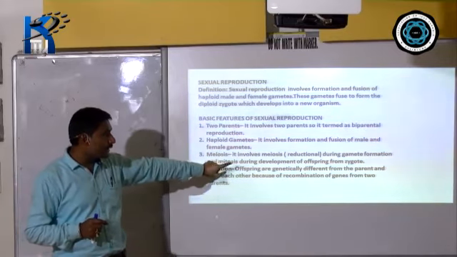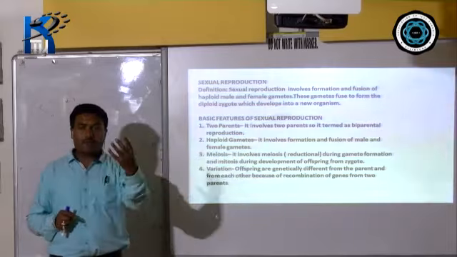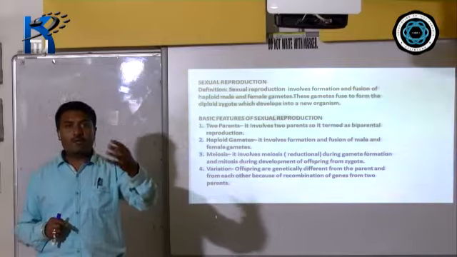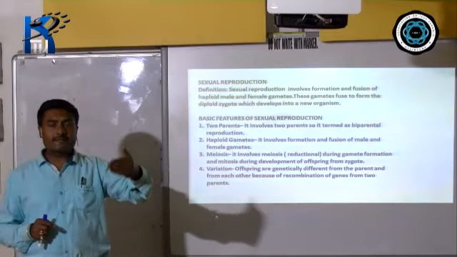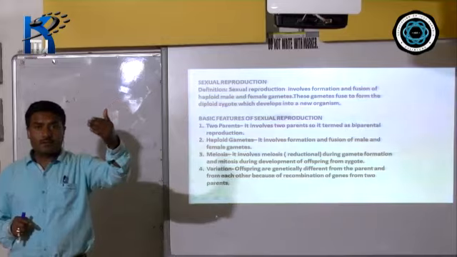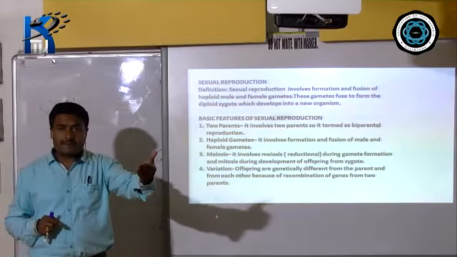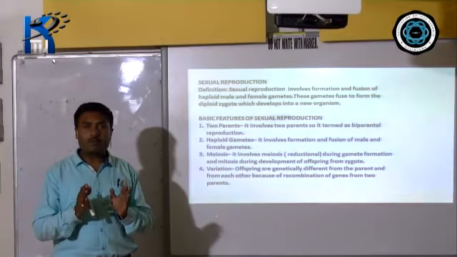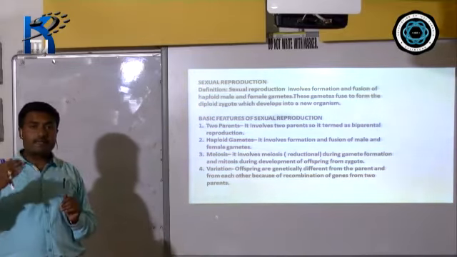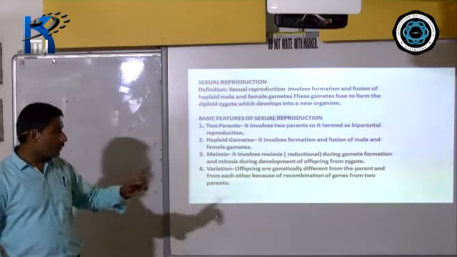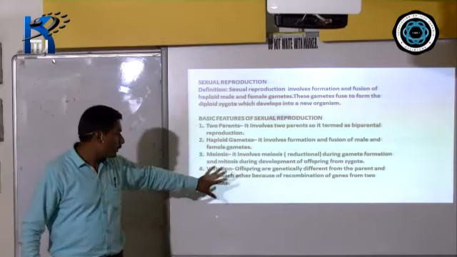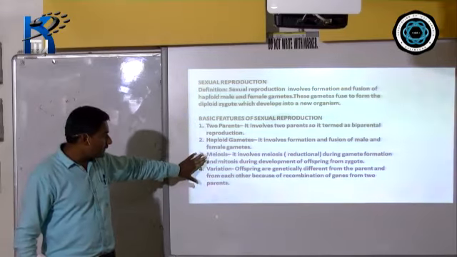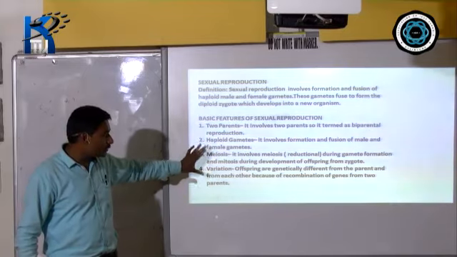And mitosis during development of offspring from zygote. After the zygote has got formed, the cells repeatedly divide into a number of cells, from 1 cell to 2 cell, 4 cell, 8 cell, 16 cell, 32 cell stage. In this way, the cell keeps on dividing depending upon the type of organism. So when the cells are dividing in number, you call it mitotic division. So in sexual reproduction, what one characteristic feature is there? Meiosis has to go on.